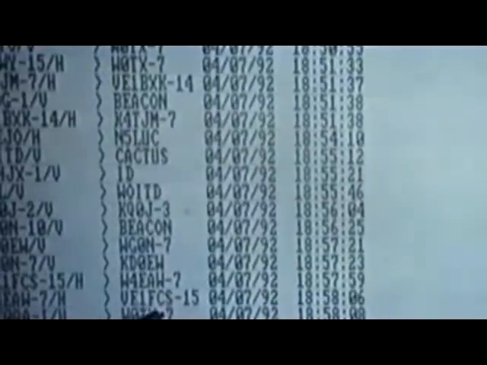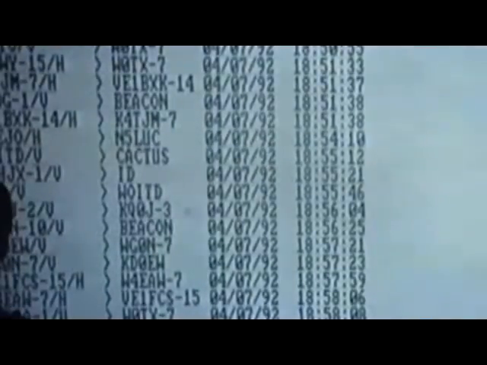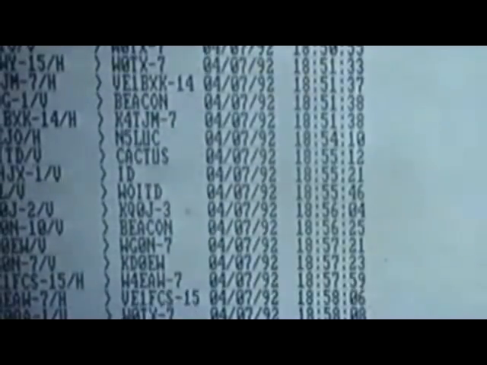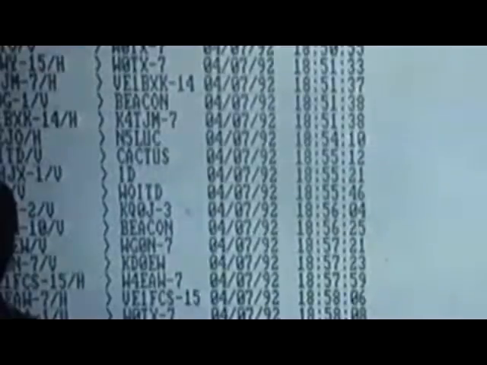This is not him. The node is VE1 ABC. So I can connect to VE1 ABC. But if I say connect to VE1 FCS-15, he's not there. He's up here connected to the node, and the node is repeating, not digying, but buffering and then repeating his